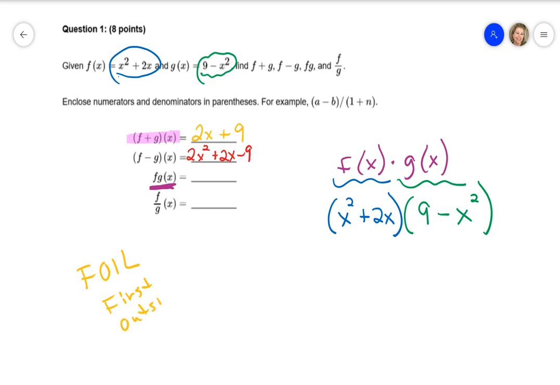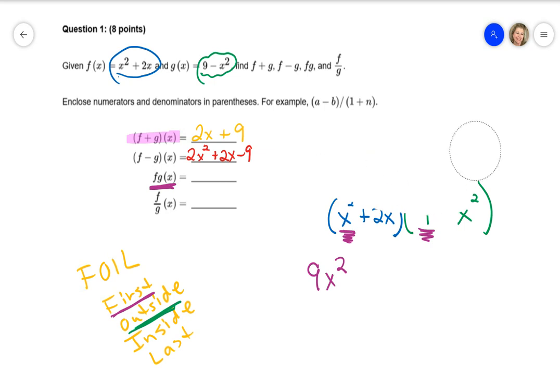outside or outer, inside or inner, and last. So if I start with the first, I'm taking the x squared times the 9. That's going to be a 9x squared. Then if I move to the outsides, I'm going to multiply the x squared,